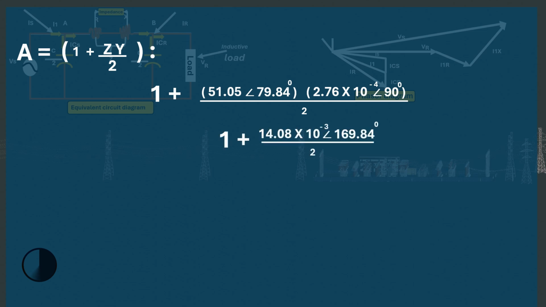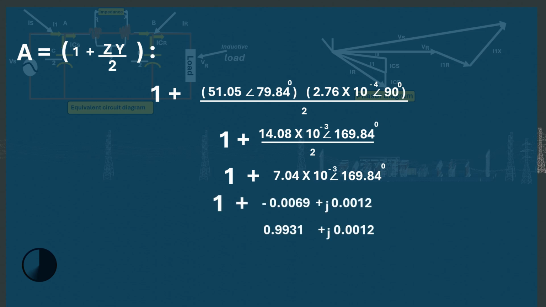When simplified, we will have this here, and when divided, it will be 1 plus 7.04 times 10 raised to power minus 3 at an angle of 169.84 degrees. However, in order to be able to add both, we will need to convert the right-hand side from polar to rectangular form. When converted, we will have this here, so when we add both sides, our answer will be 0.9931 plus j0.0012. And when further converted from rectangular form to polar form, then our answer will be 0.9931 at an